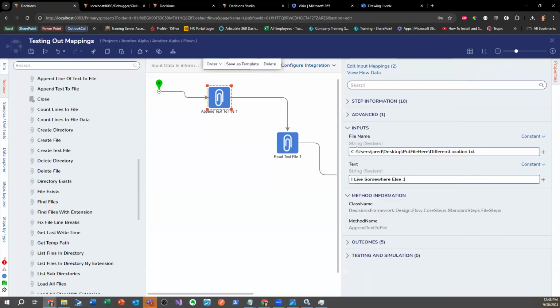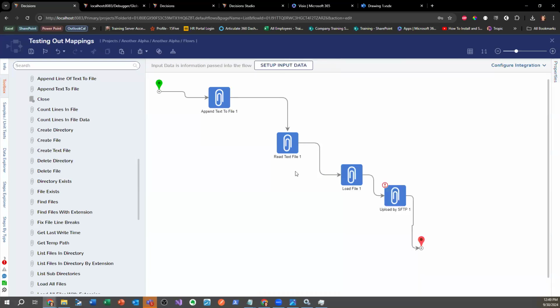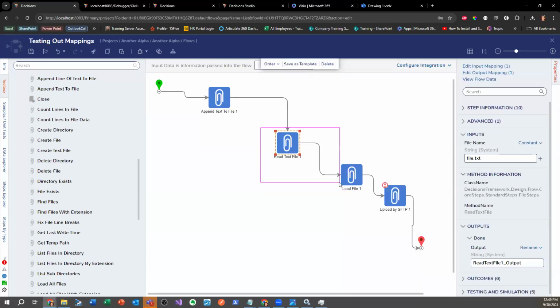Let me make this bigger. I think that's the correct path to my desktop, but let me just confirm. Users, Jared, desktop, put file here. And it's a capital J. And then I believe, let me go ahead and